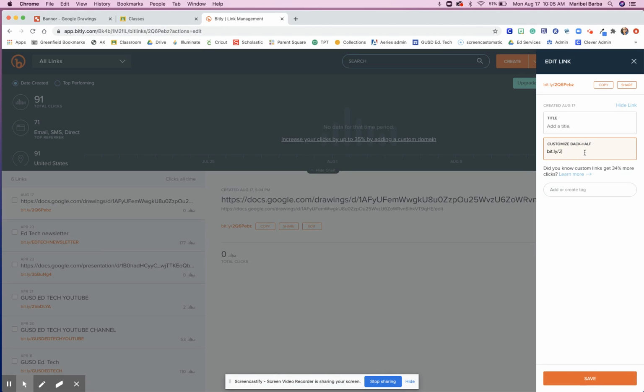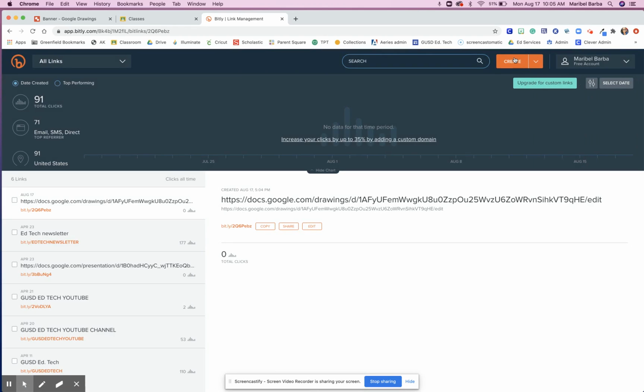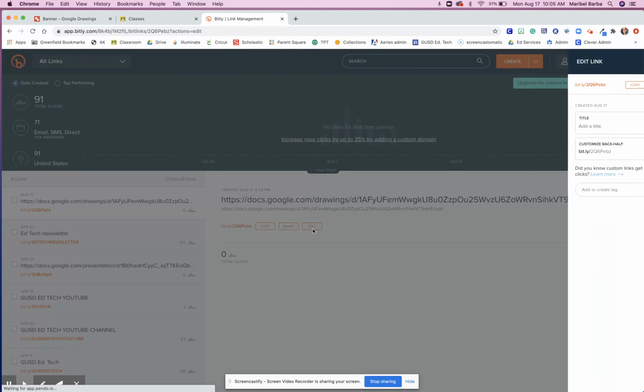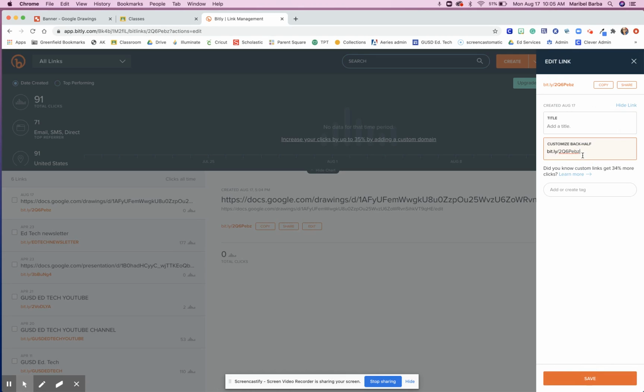So I'm going to change it to banner info. Now it's important to note that it is case sensitive. So make sure that if you want it in all caps, you put it in all caps. I think it's easier to just leave it lowercase so that nobody has to memorize that part unless they're all caps. But we're going to do